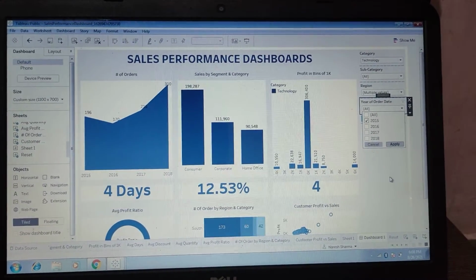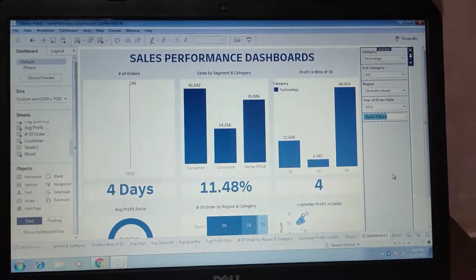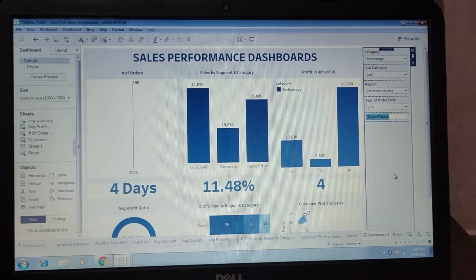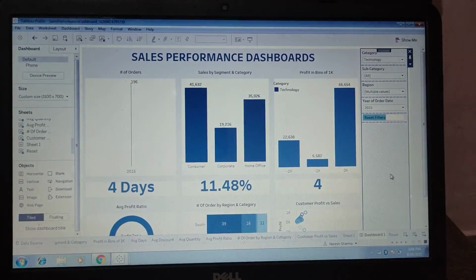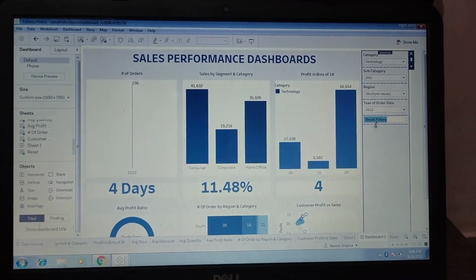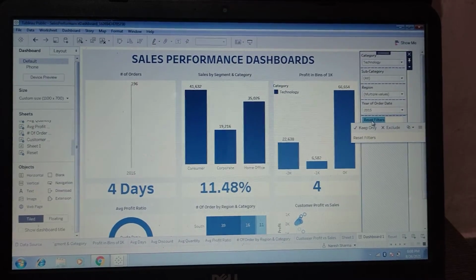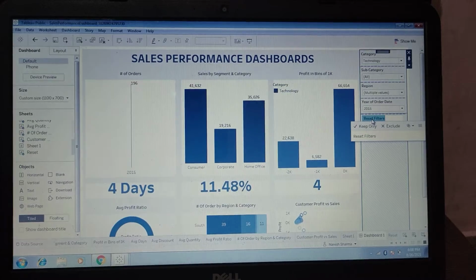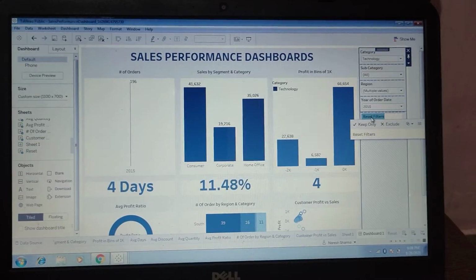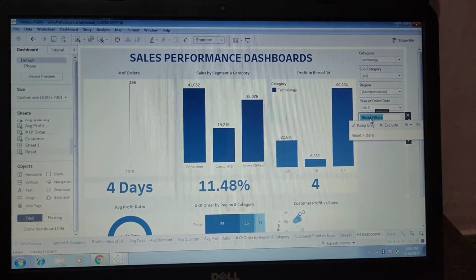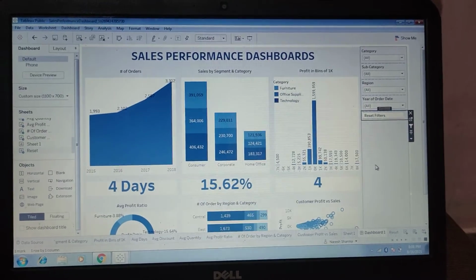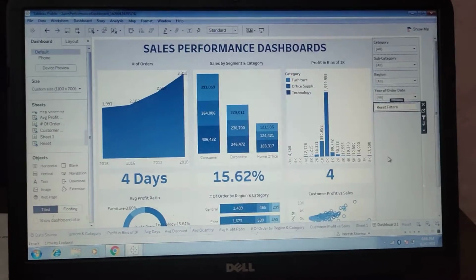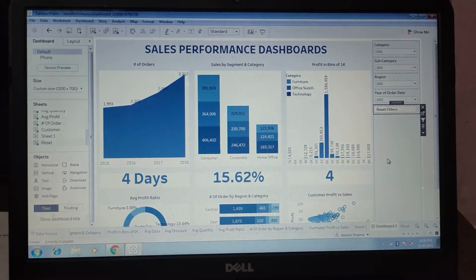Now we can see only 2015, and the two regions and two categories only. Now we click on the reset filter so that we can see all the filters are again showing all the categories, all the subcategories, all the regions, all the years. Just click on the reset filter, then we can see all the data showing again on the dashboard.